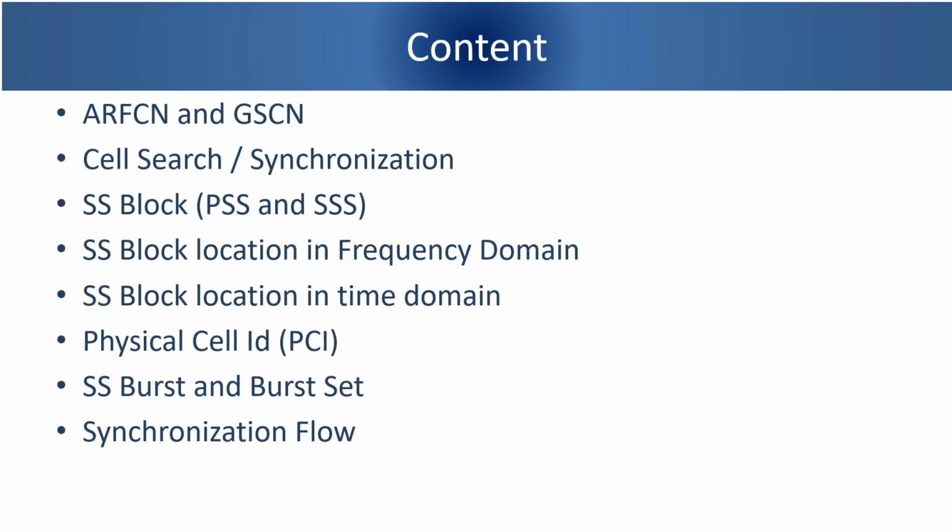And then we will look at how the SS block can be located in the time domain, which symbol, which frame or subframe those SS blocks would be available, because for user equipment initially it is kind of blind. It has to search and find these SS blocks in the frequency domain and also in the time domain. So we'll talk about the standards following which the user equipment is able to locate the SS block and synchronize itself, and then how user equipment calculates the physical cell ID, because knowledge of the physical cell ID, which is also called PCI, is important for synchronization.